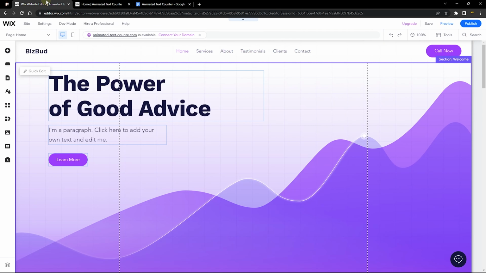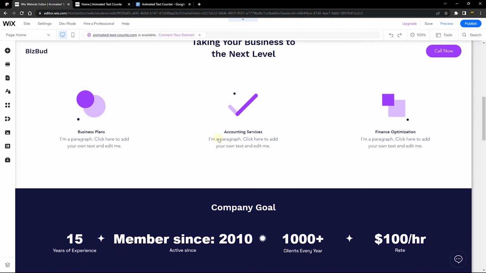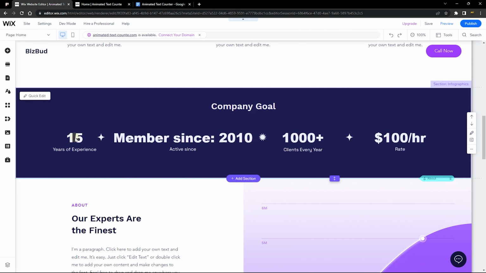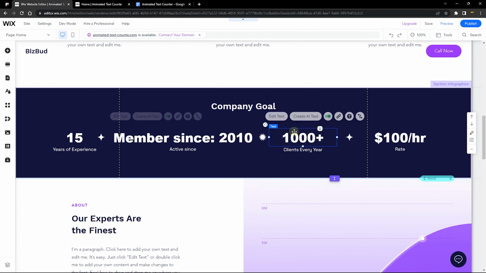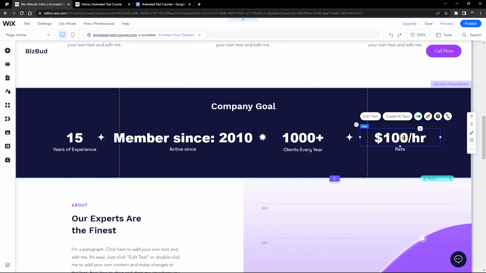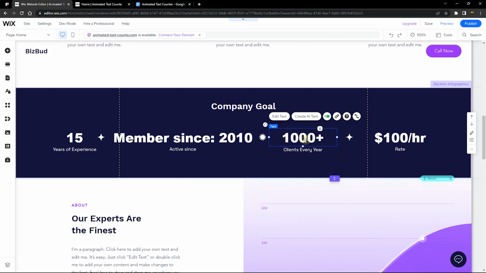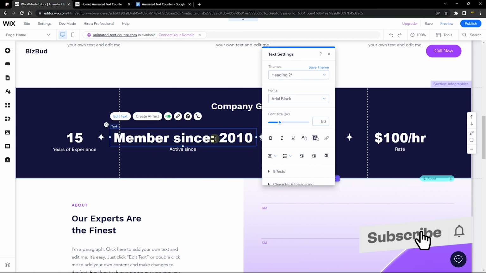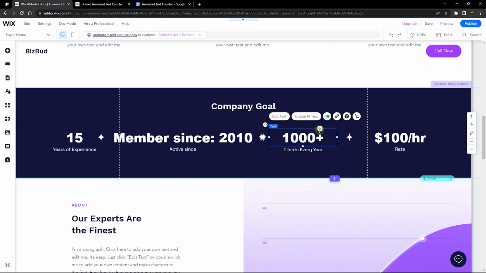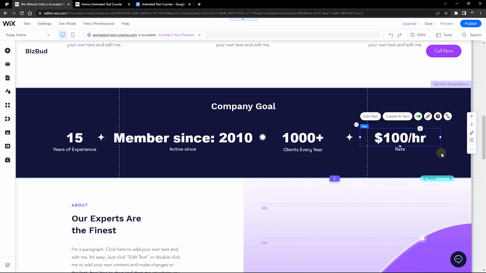Now let's go into the editor. So this is the website template I'm going to be working with, and I already have a layout of what I want to do. So these are simply text elements that we can actually use. Now the values you see right now in them don't matter at all because we're going to be using code to modify them eventually. So what I just did here was just to have a layout of how I want it to look like. So for example, you can edit this and remove anything you want to remove, but it doesn't matter as long as the code is going to change everything at the end of the day. So this is just going to give you a layout idea of how they're going to display